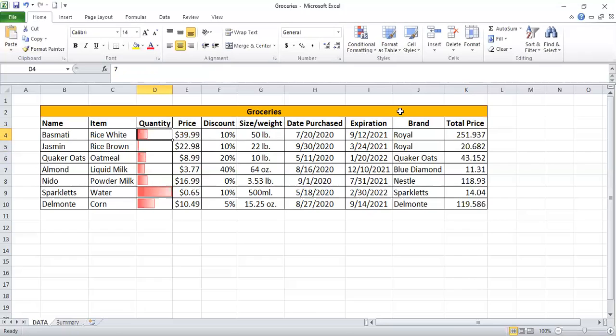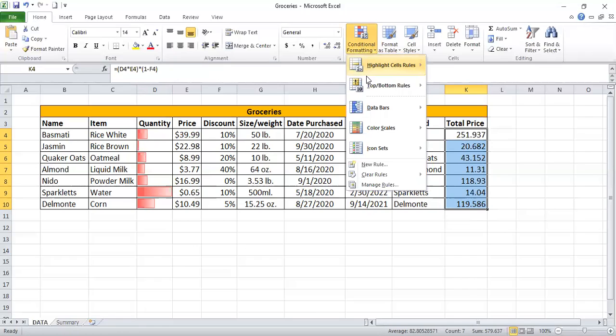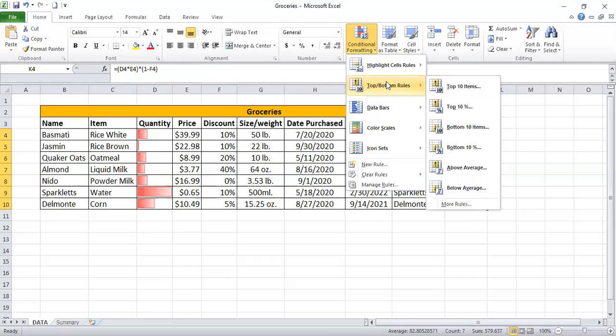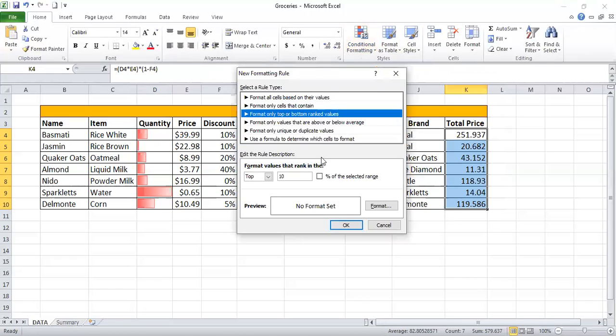So the next one is this, the total price here. I want them to show the top 10, or not top 10, top 5 or top 2, the highest.